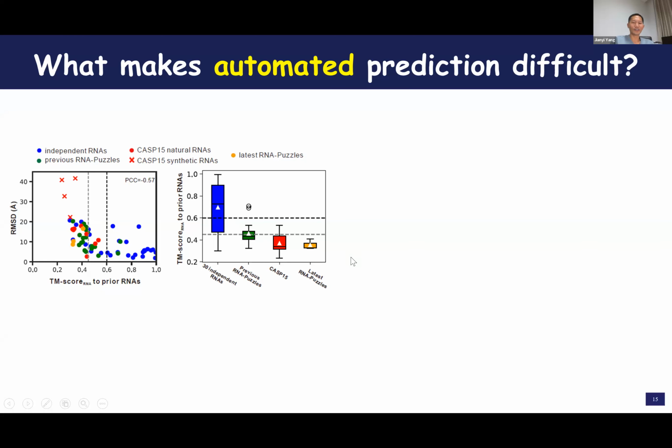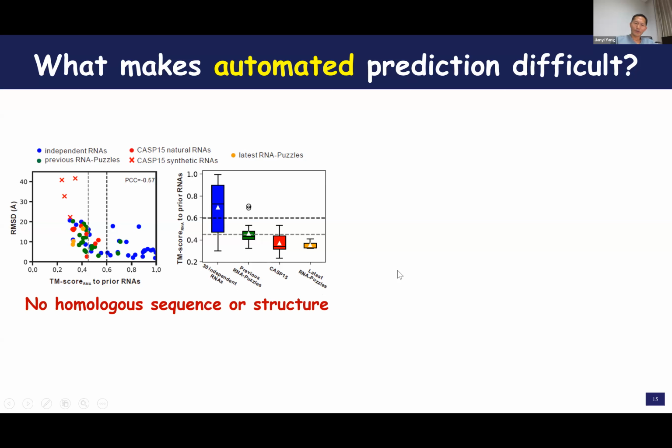Similarly for this CASP, and for these 2 blind test targets. So this is the reason what can make the automated prediction difficult. Because this is based on deep learning methods, they are based on training. Training means you need to have some similarity between your training set and your test set. So if the similarity becomes lower, then you can anticipate the performance will decrease. I think that's probably the reason.